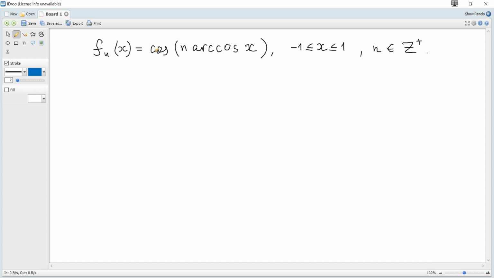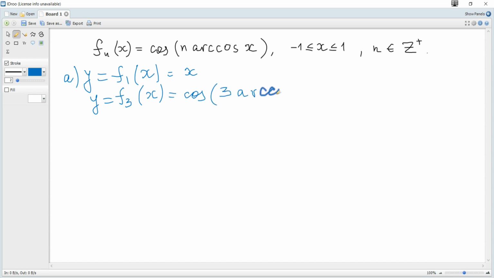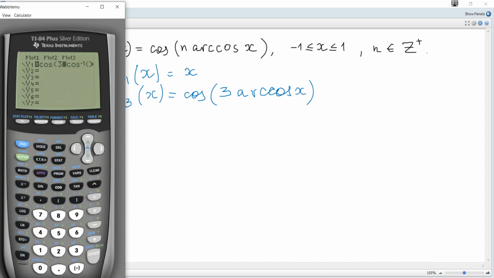A. On the same set of axes, sketch the graphs of y = f1(x) and y = f3(x) for x greater than or equal to -1 and less than or equal to 1, 2 marks. f1(x) is just cos(1 arccos x), so it's just x, and this graph is just a straight line. And f3(x) is cos(3 multiplied by arccos x). And using a calculator,